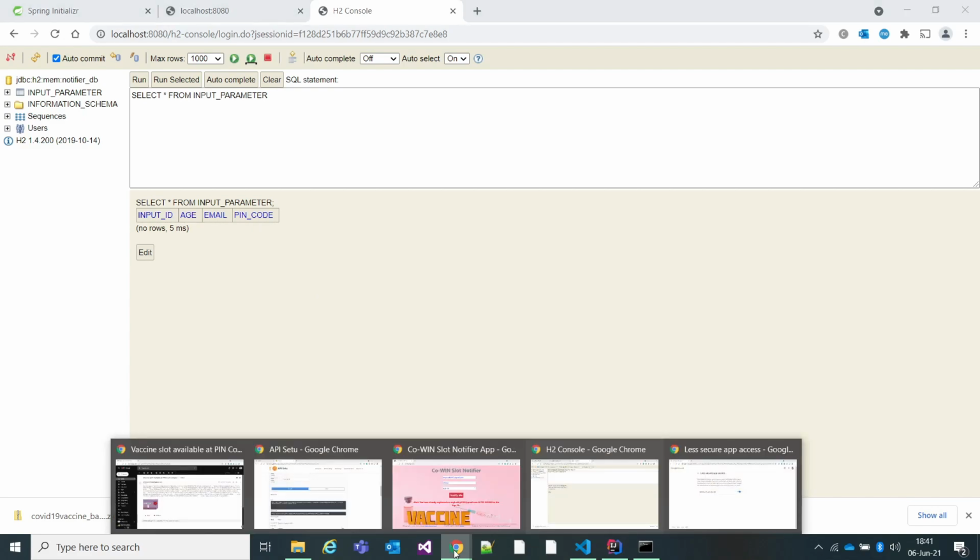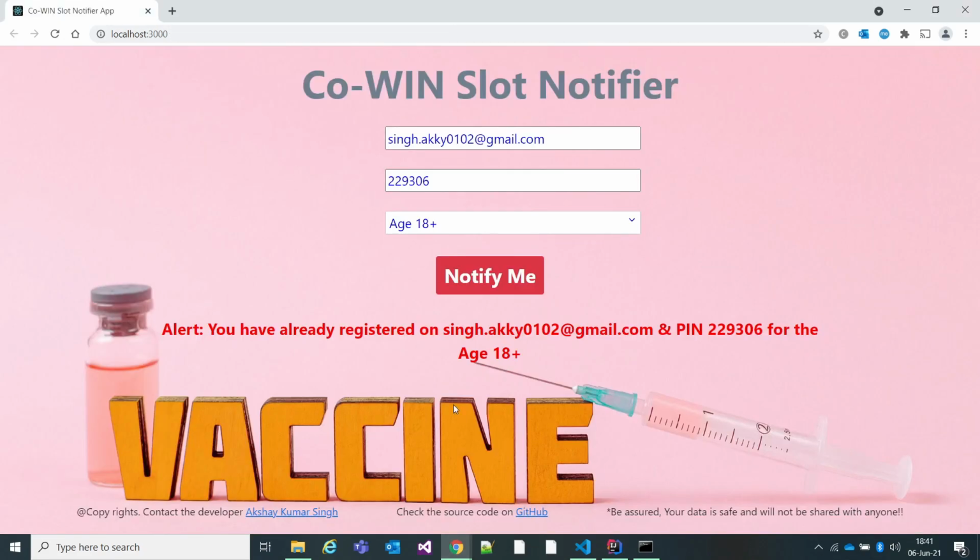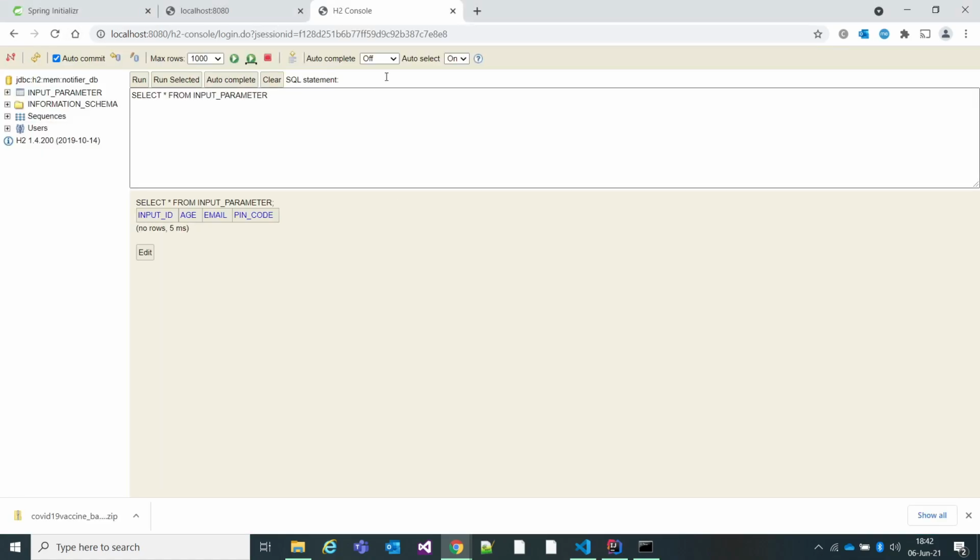Why? Because I just started the server. If you saw this earlier, this was already integrated with my backend. Otherwise, if your backend is not there, this UI will not work. If you have watched the earlier video where I showed the demo, it was with the backend code. So now my backend server and UI server are both running.